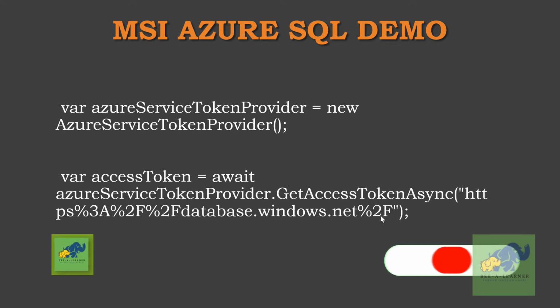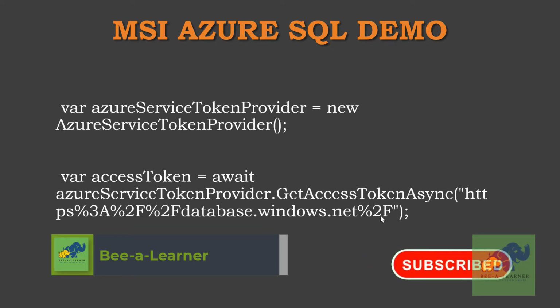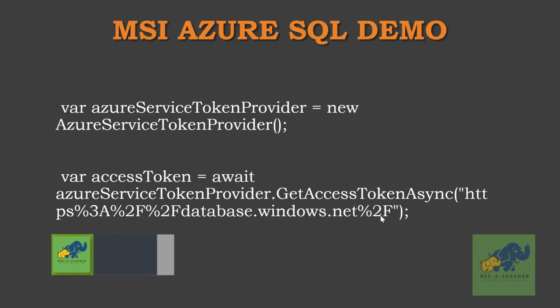As I demonstrated in the previous demo, if you call this service, the call will go via the Microsoft backbone IP, which is 169.254.169.254, a non-routable IP address. With the help of that call, you will be able to get the access token, and the access token will be stored in this particular variable. Once you have the access token, you can use it to connect to the SQL Server.